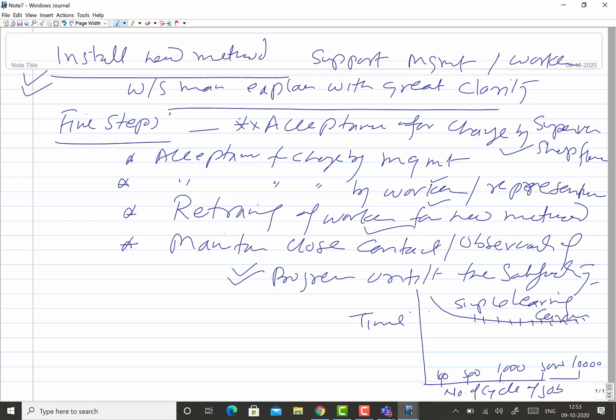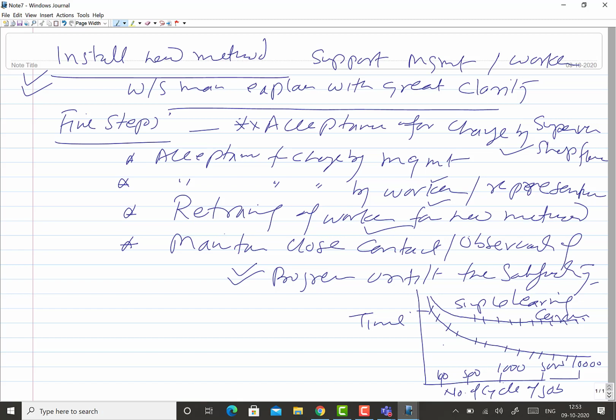But when the job is complex, it really takes very long to learn it and to get familiarized and practiced. So in the case of complex jobs, he will be taking a longer time to complete the job when it is new.